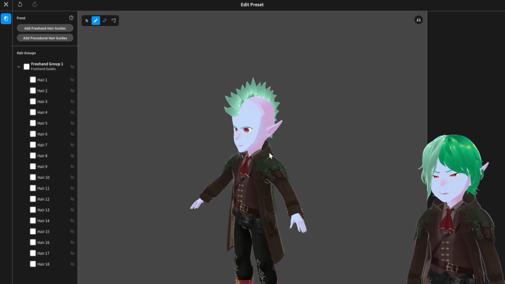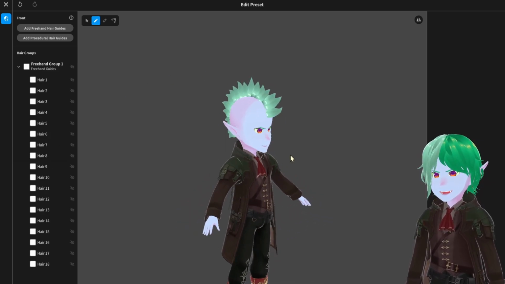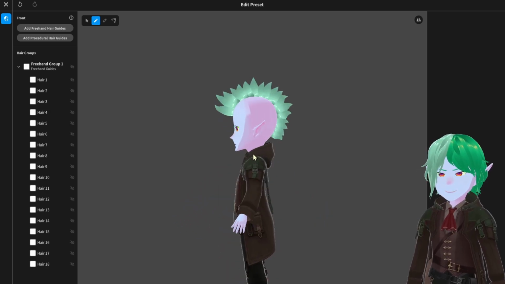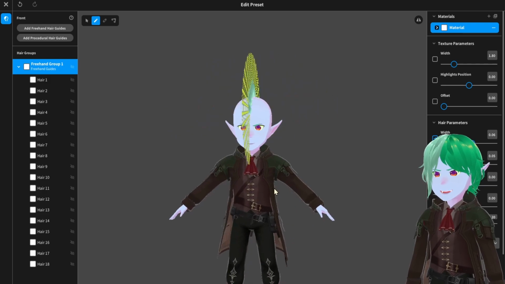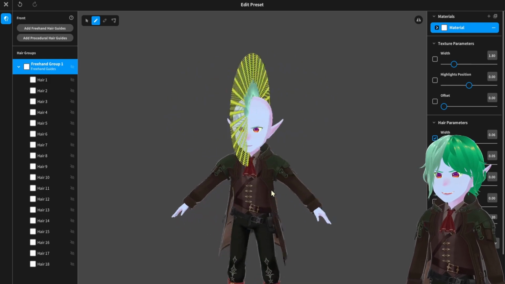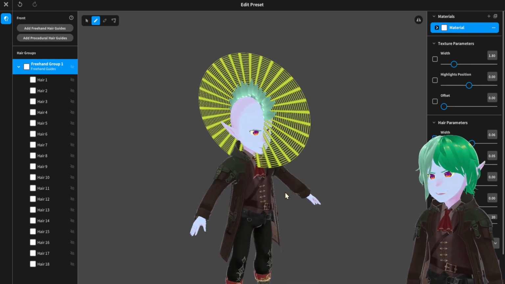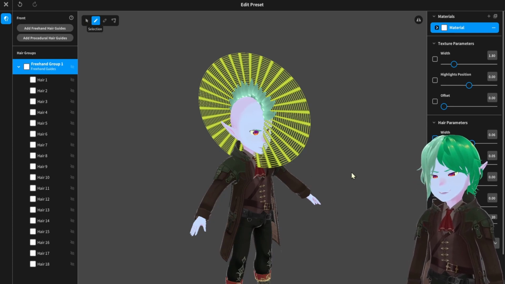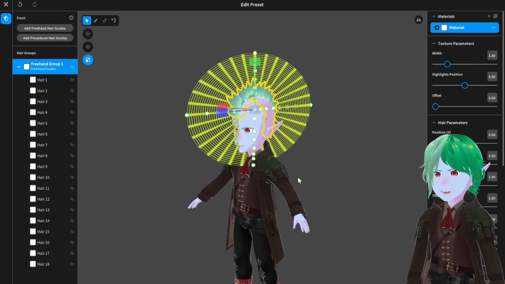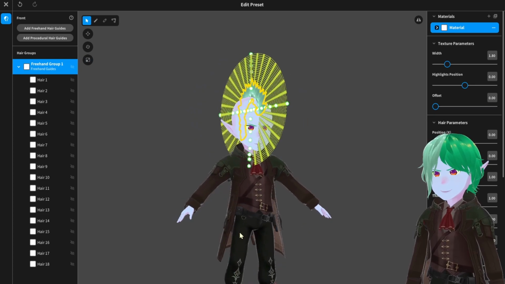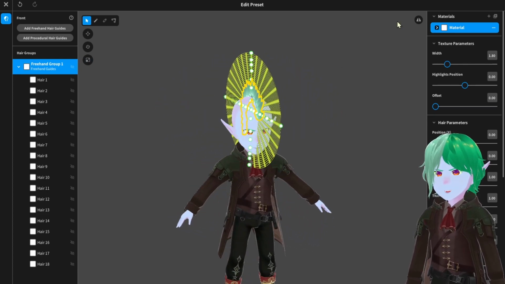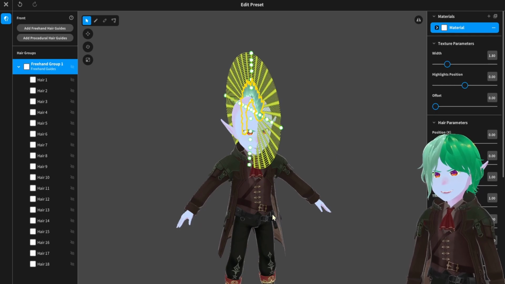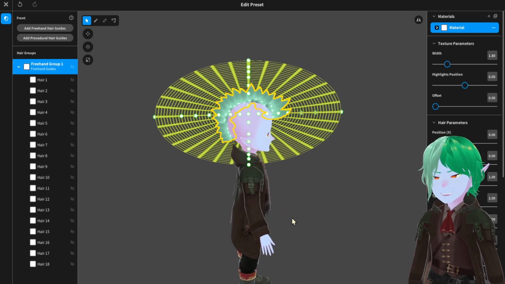Right, so basically what we got here, I was trying to figure out how to do a mohawk. Simply put, I wanted to optimize. So what I've done is I've done a flat sheet plane. I've basically flattened out all of these, get rid of that, all of the points. I've flattened it out. You need to have mirror mode off, because otherwise that's going to mess you up in the